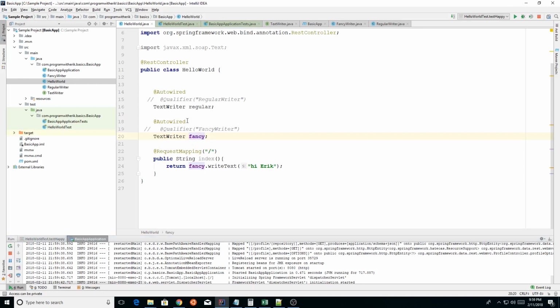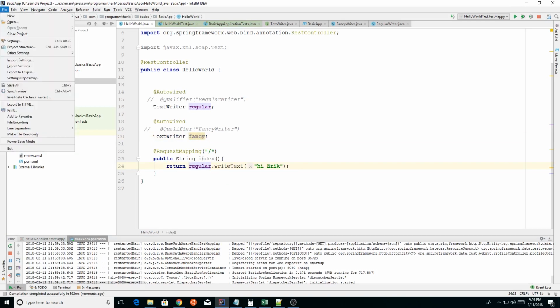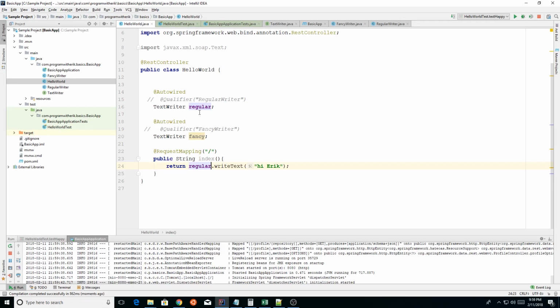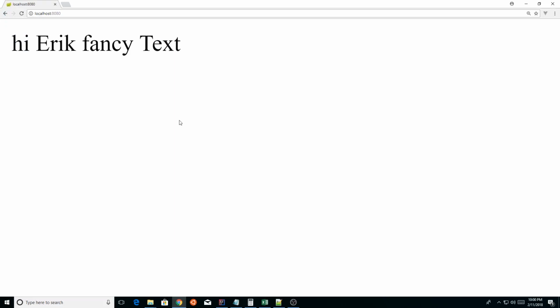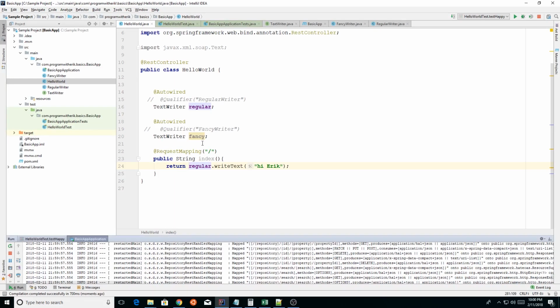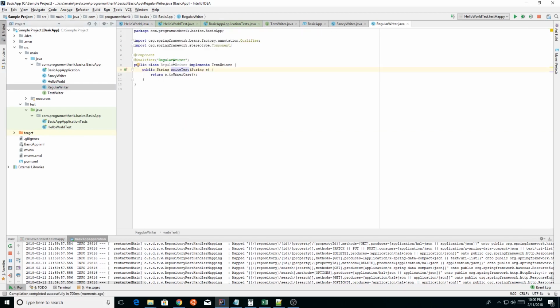If we change this to regular and we build again, you see it built, and it's still showing the same text because it's still on primary. So we would have to then change the primary here. Let's see here, and make this primary,